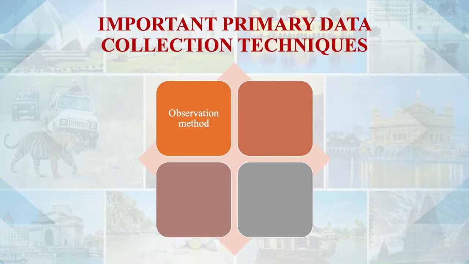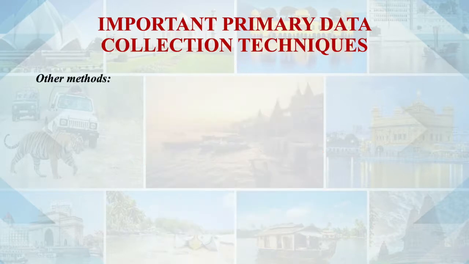This, in other words, means that there are several methods of collecting primary data, particularly in surveys and descriptive researches. Important ones are observation method, interview method, through questionnaires, through schedules, and other methods which include